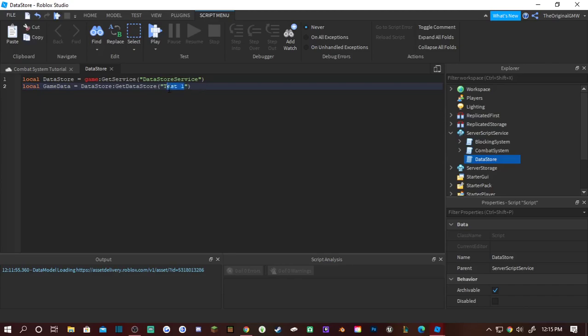But just remember, when you change this name after you've made the data store, all your data gets renewed, erased and wiped pretty much. If you change it back to the original name, then you'll get your data back. But try not to change this at all once you've made your data store. So now we're going to do 3 functions. We're going to do function saveData,